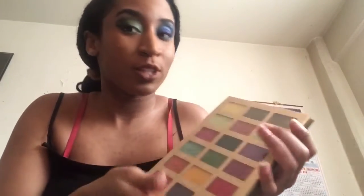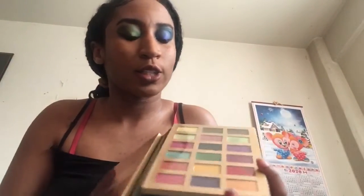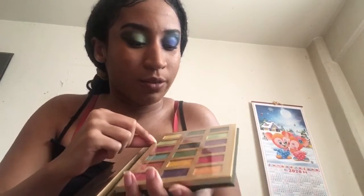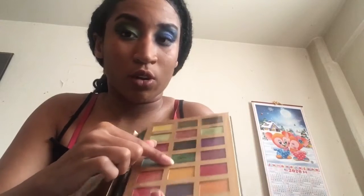So for the Tiana side, I mostly use shimmers because, like I said, I wanted to create a green look for the Tiana side. So first I use Lily Pad, just to put all over basically. It doesn't really show up as much. I'm guessing because I didn't really put concealer on my eyes. I just put foundation on my eyes. But I put that first, and then I went ahead and used Frog all over the lid,